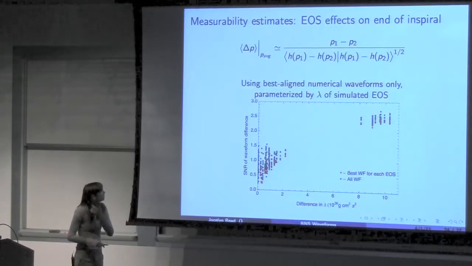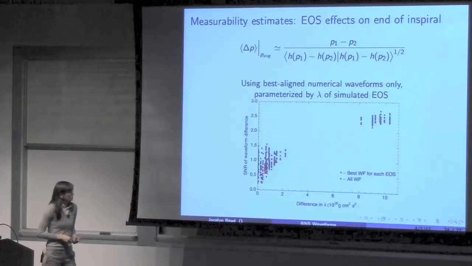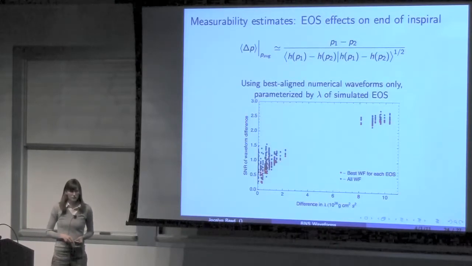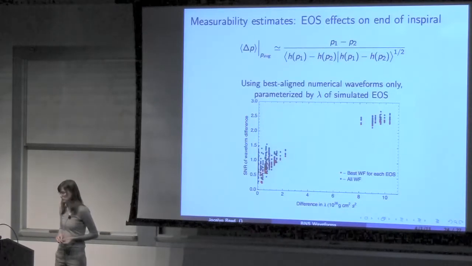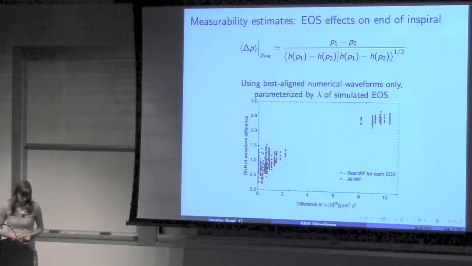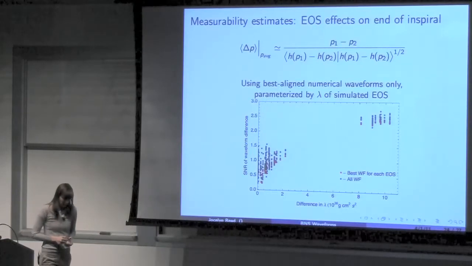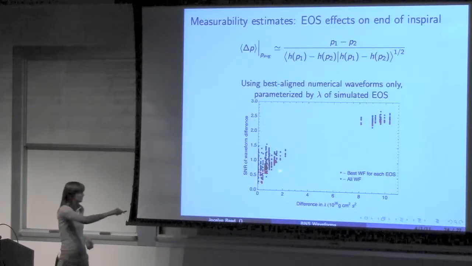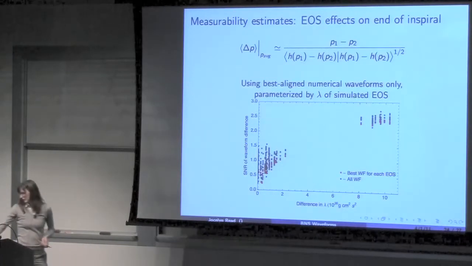But it actually looks like lambda is not a bad parameter to use to characterize the differences in these numerical waveforms. And this is not something that we would definitely expect, because there are several higher order things that we know are making a significant contribution. So some of the scatter, actually let me,